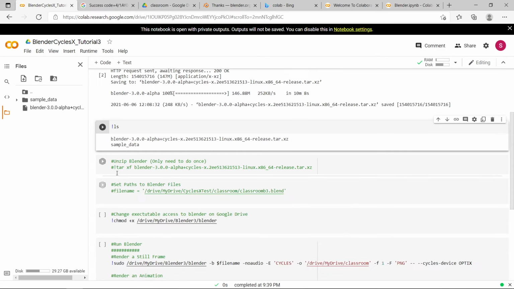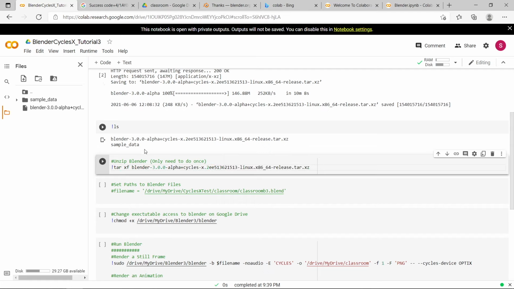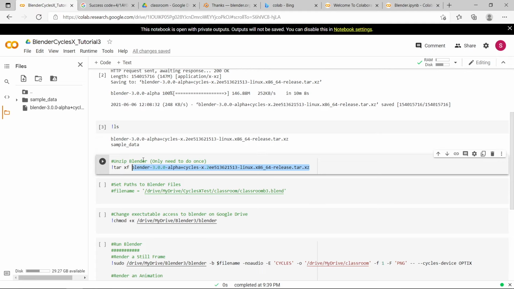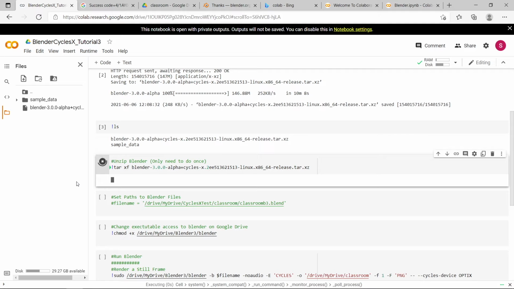So to unzip it, I'm just going to uncomment this line here that says !tar xf, and then you list the file name that's just been printed here. So you can just copy and paste this into this line here, and then press start. And that should just take a few seconds.